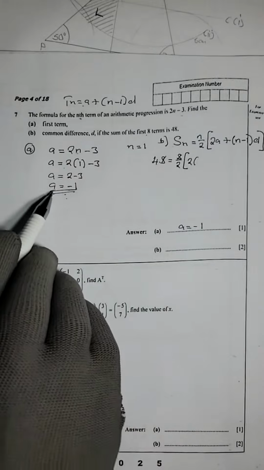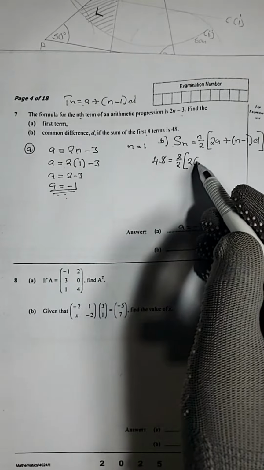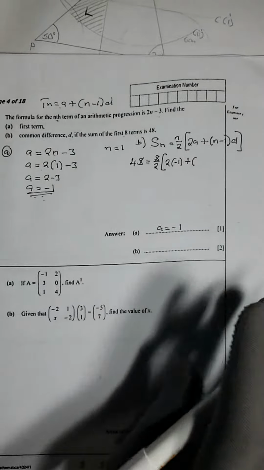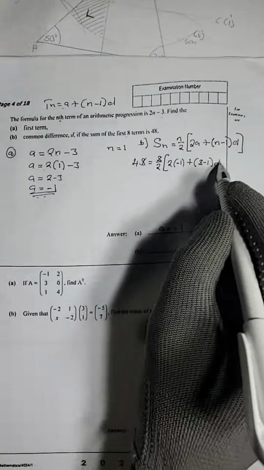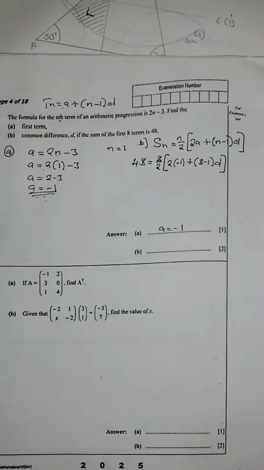Now you see, if the first term is wrongly calculated, you're going to substitute the wrong answer here. So the first term is negative 1 plus, open bracket, the value of n, which is 8, 8 minus 1, close bracket, d. Oh, we're asked to find the d, the common difference. So I'm going to write it as d. No problem. I've just substituted there. Then we're going to say